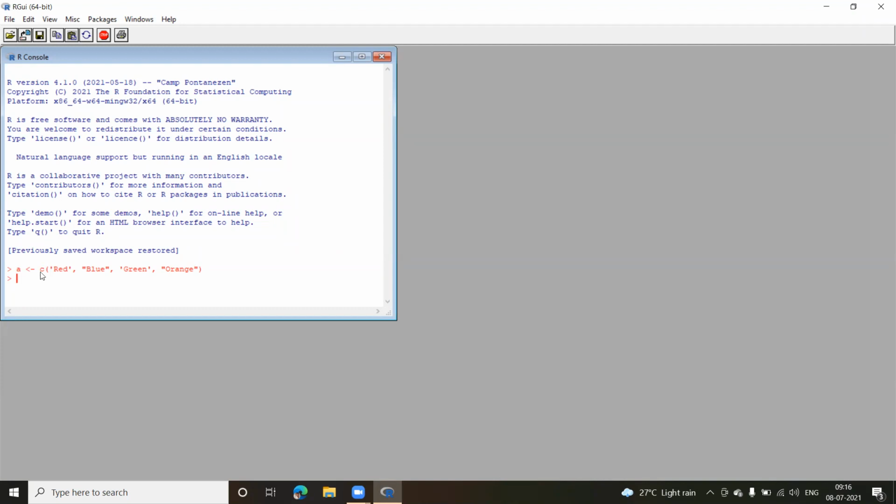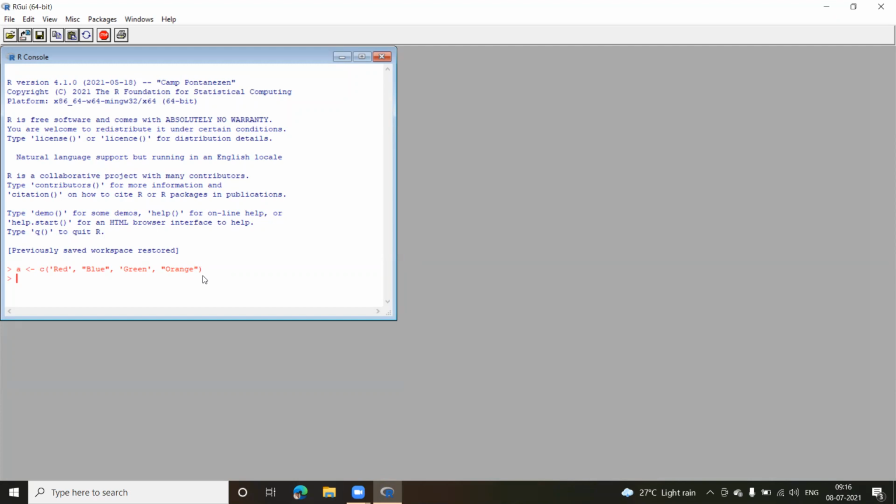Now, these are the inbuilt functions. C is an inbuilt function. But if a user wants to write a function of their own, you can do that as well. And what is a function? A function is nothing but a collection of all your statements or logical statements. It might include other variables also.